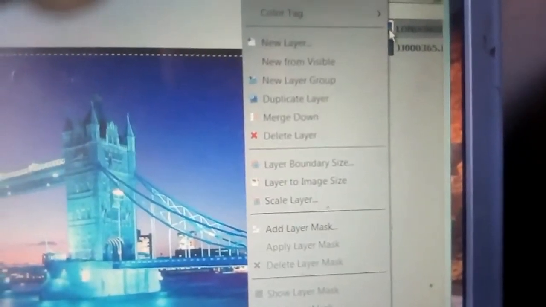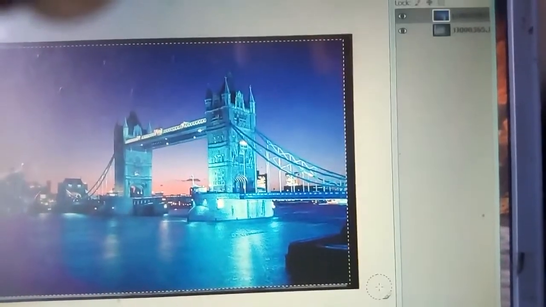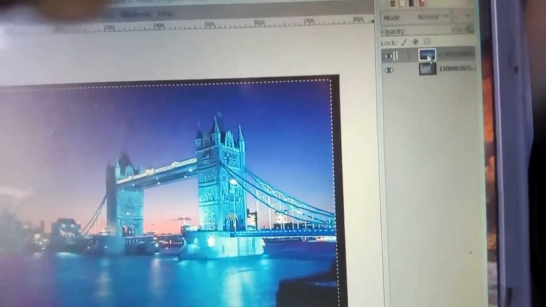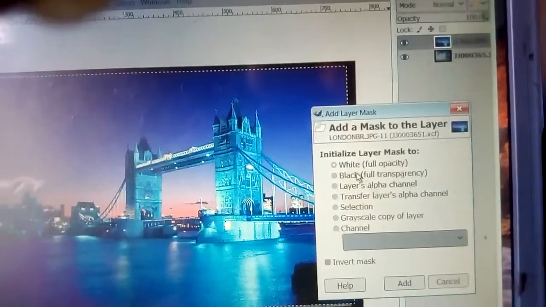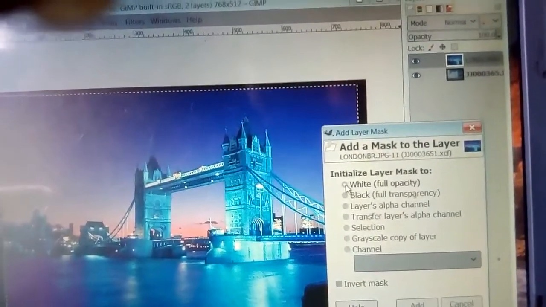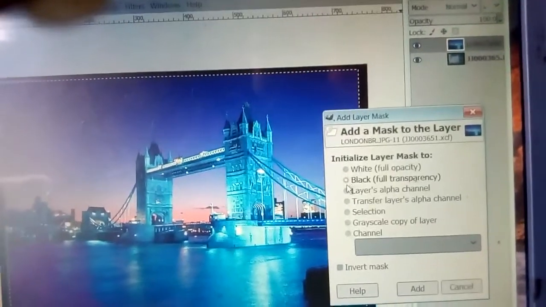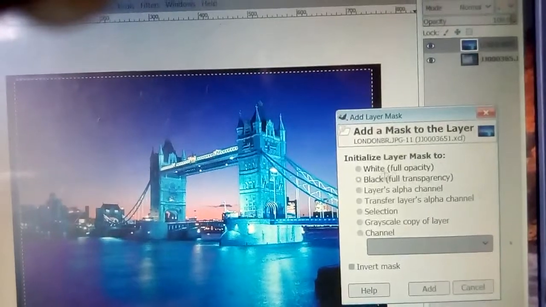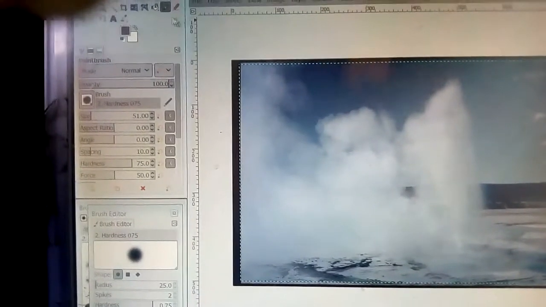Now right click on the first layer and go to add alpha channel. And then you go to add layer mask. So which one do you want? Last time we saw white, now I am showing you with black. Black is full transparency, white is full opacity. So now add. Now you just click on the eraser tool.